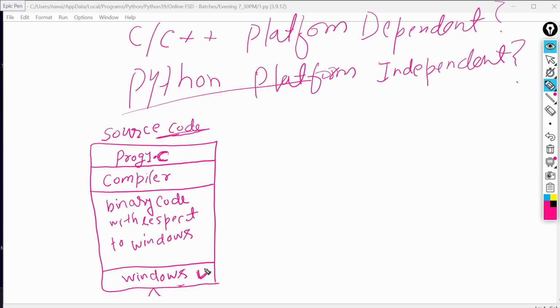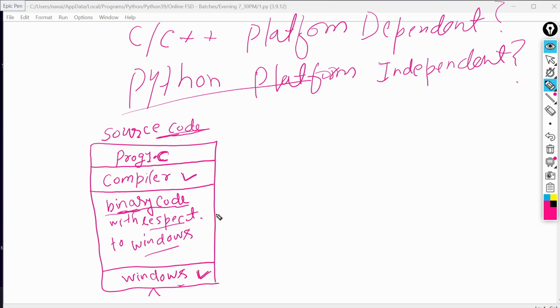Our environment is a Windows machine. So if you compile your C language code using a compiler on a Windows machine, after compilation it will generate binary code with respect to the Windows machine. So this code will become executable code.